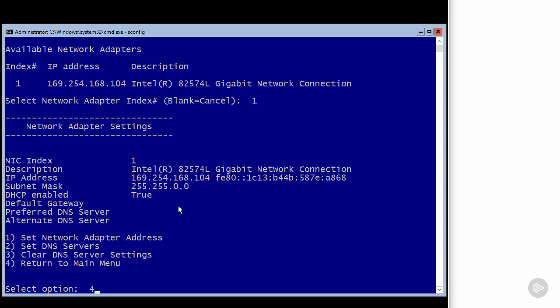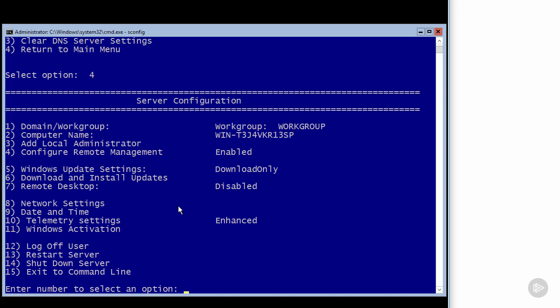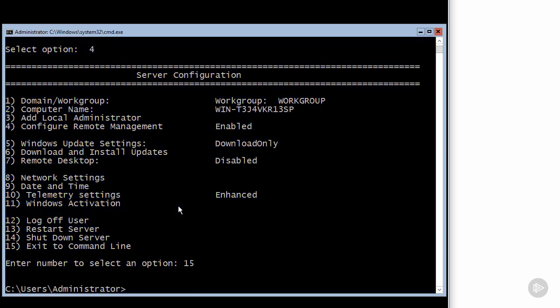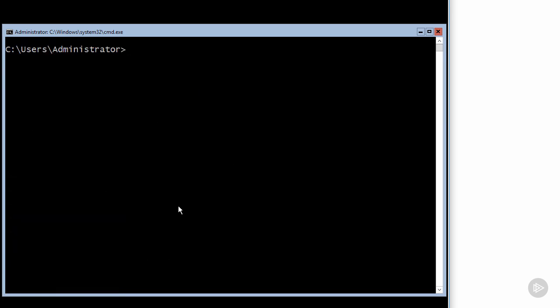But rather than going through this very nice menu, let's actually dig deeper into the commands that are actually being run on this machine to create the environment, to create the machine that we want to build. Let me start by clearing the screen here, and I'm going to run through a whole list of commands so you can take a look at what's actually going on behind the scenes as you're working through that sconfig